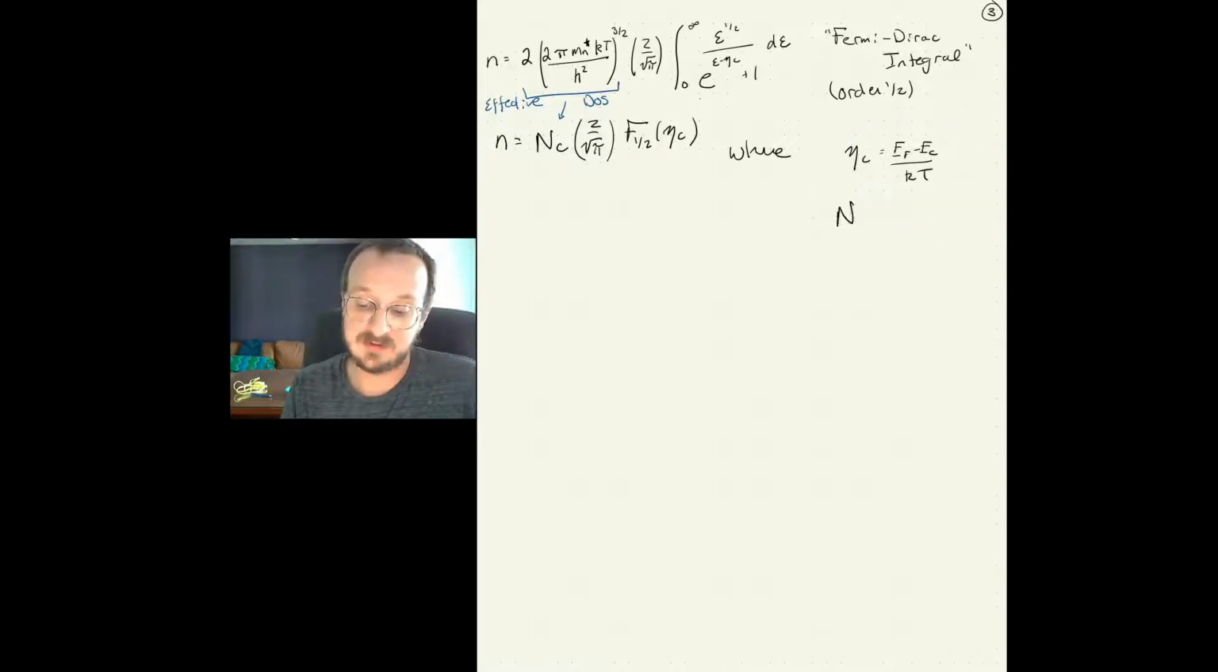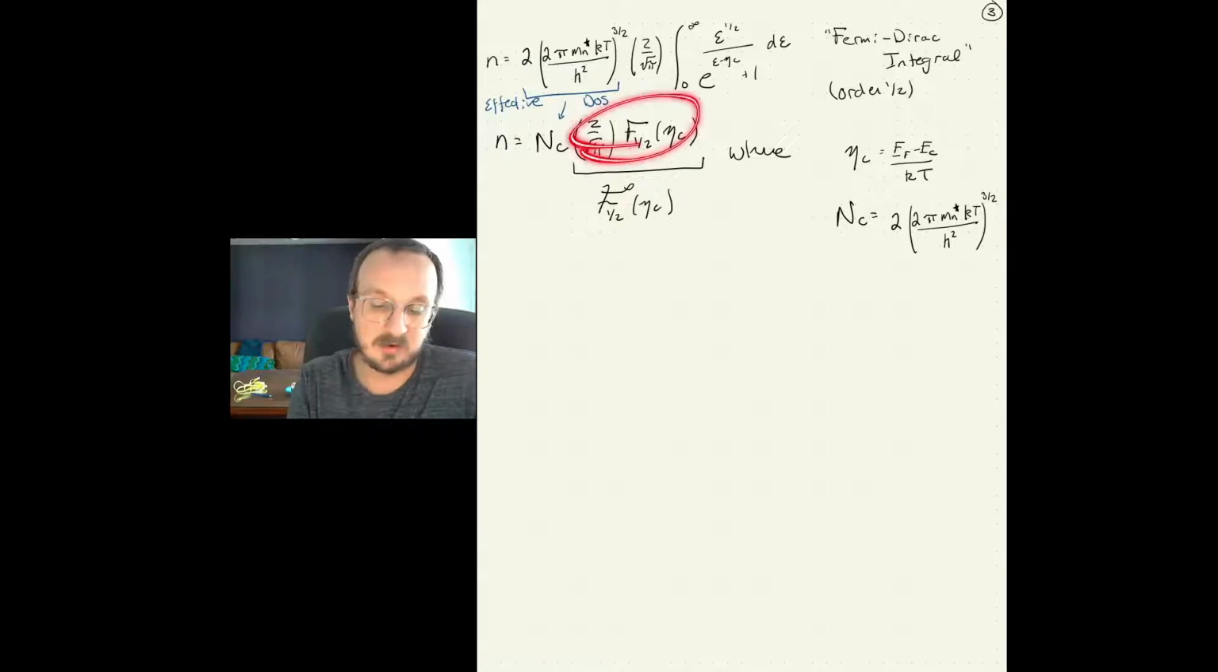And then we have N c, the effective density of states, which is just going to be this term here. This is how we define the effective density of states after pulling out this 2 over square root of pi. Now, these terms together, 2 over square root of pi and the Fermi-Dirac integral, are something we would call the modified Fermi-Dirac integral, okay? And this is commonly what you'll see. I'll write this curly Q F of eta c. So this incorporates both of these terms. We'll say this is the modified